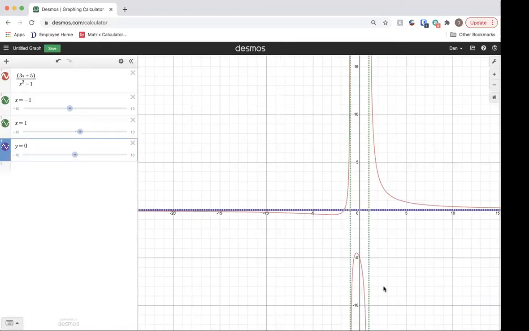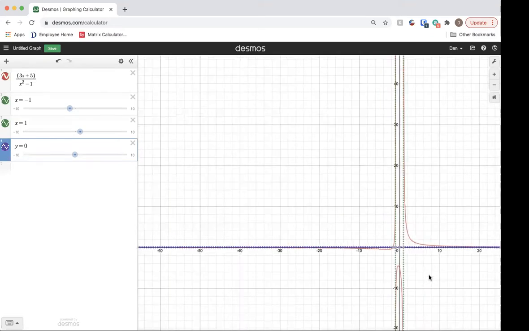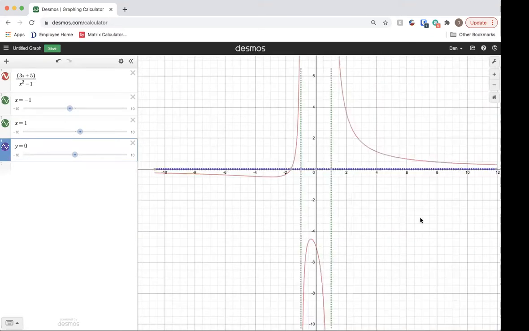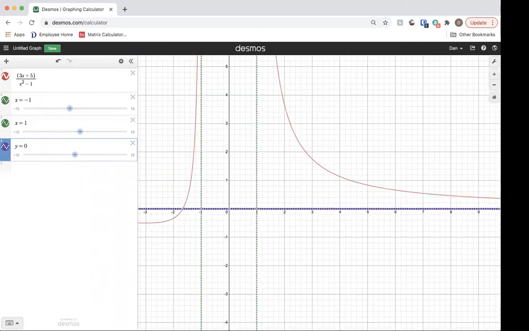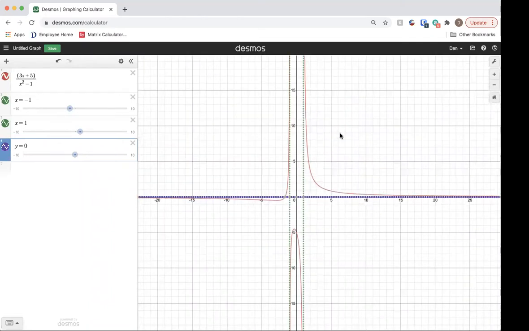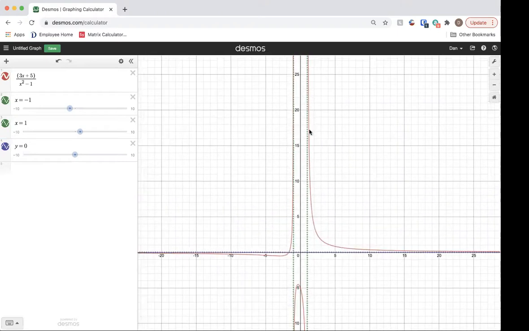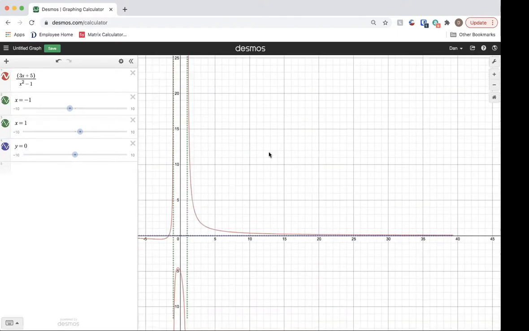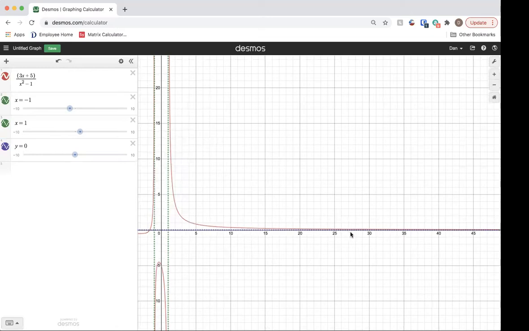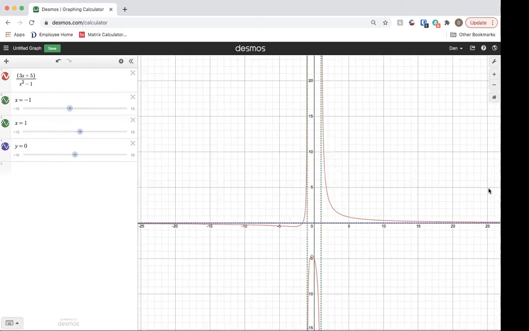What I'm hoping you see is that down in the middle part of the graph, you see how it's approaching the asymptotes. The smaller we get, the more the graphs look the same. Same thing if we look up at the upper half of the graph, we see the graph approaching that vertical line. And if we look out to the side, we see that the graph is approaching the horizontal asymptote.